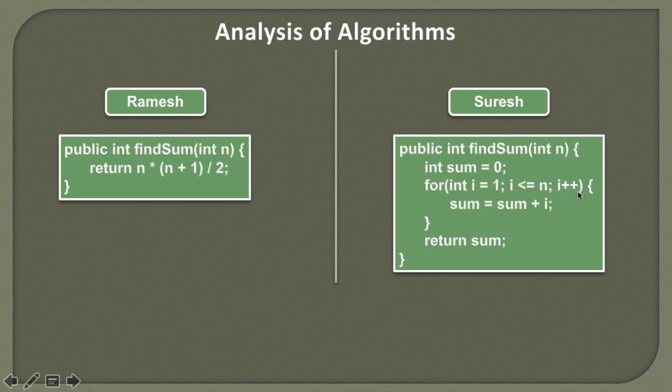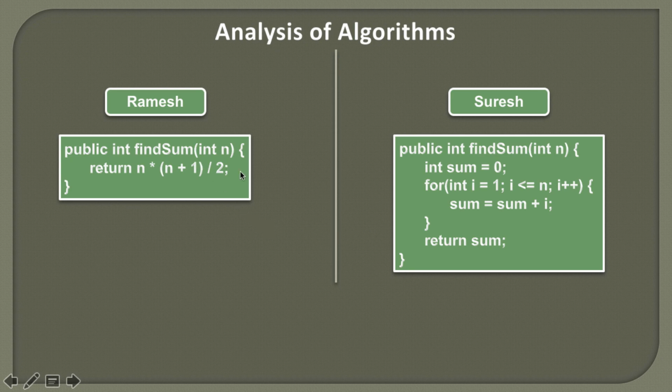And then we again increment i by 1. So i becomes 5. We check whether 5 is less than or equal to 5 or not. So i is less than or equal to 5. The sum value is 10. We add 5. We get 15. We assign 15 to sum. And then we increment i by 1. So i becomes 6. Now here you can see 6 is not less than or equal to 5. So this for loop terminates. And whatever value we have in sum, we simply return. So the value of sum is 15. So we simply say return 15.